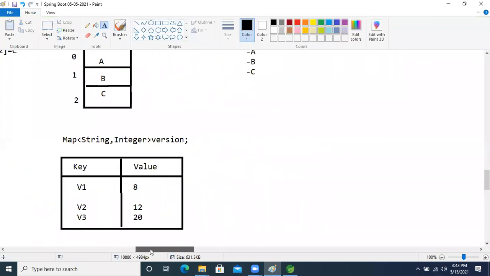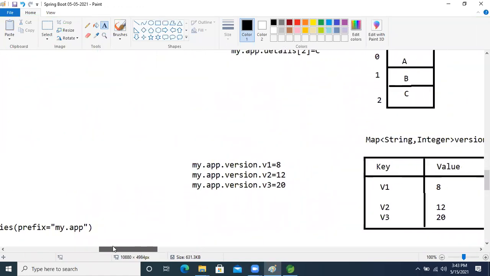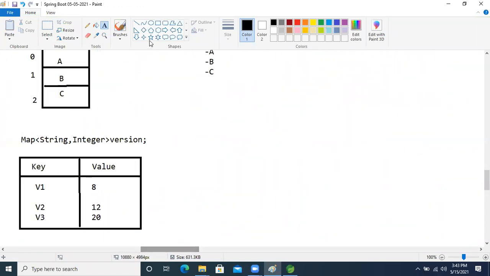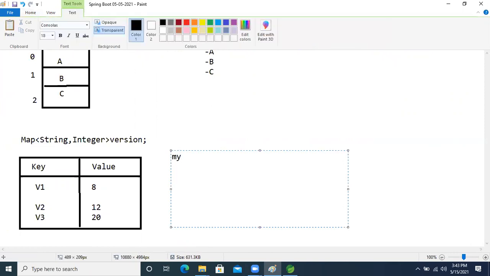If the properties look like this, then what is the yml file? Let's see that. My colon, one space, then app colon, then version, the attribute name, colon, then down. Here v1 colon, one space, 8.